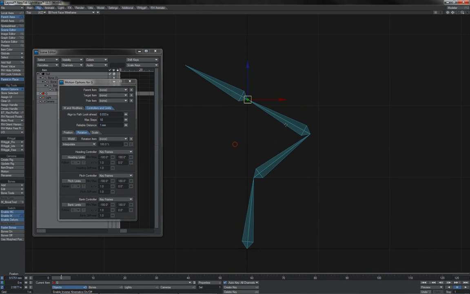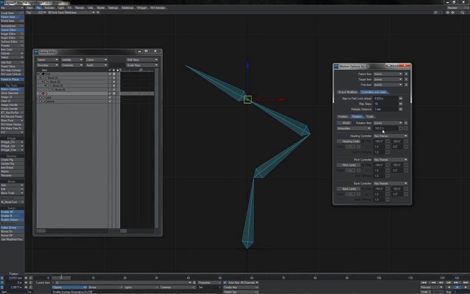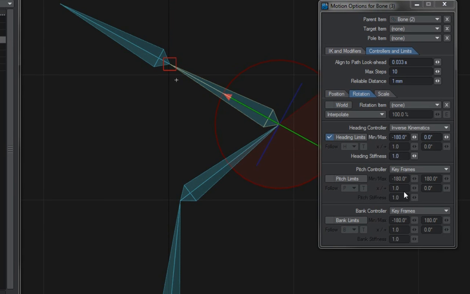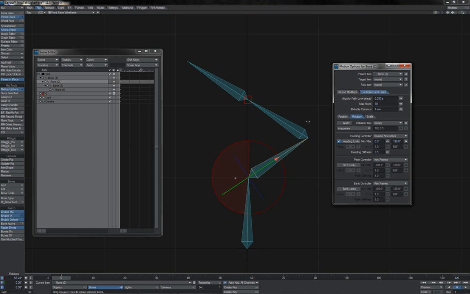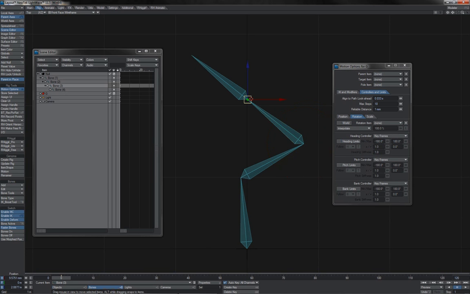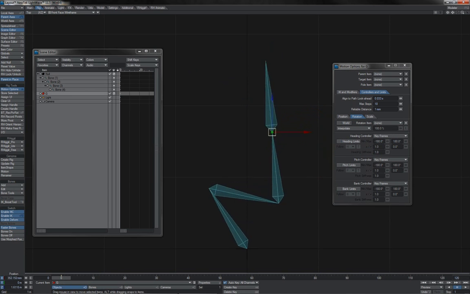It's at this point that we want to turn our attention to one of the settings in the motion options panel, which is the stiffness parameter that we see here. The stiffness setting on items is pretty much there strictly for IK, and what it does is change the preference for how and when a bone will bend, or an item will bend. So for instance, I might take this one down, which wasn't bending an awful lot until I came really tight into the root with the goal, and set that to say 0.5, and then maybe I'll take the stiffness for this guy up to 2, and what we'll see we get is a different behavior